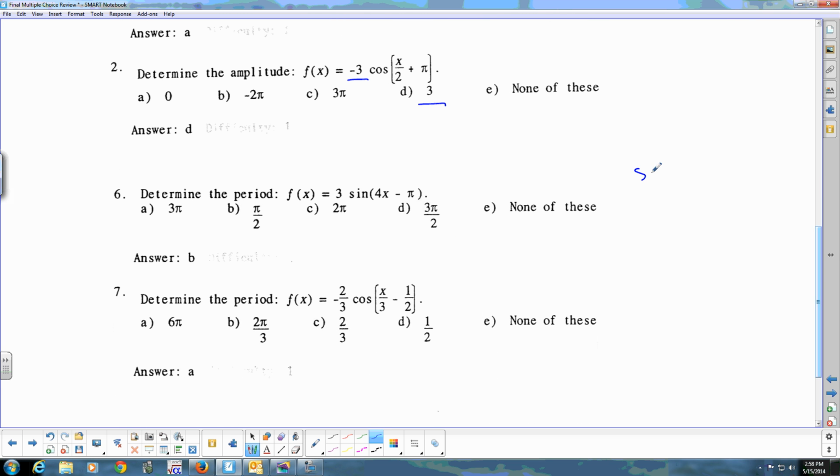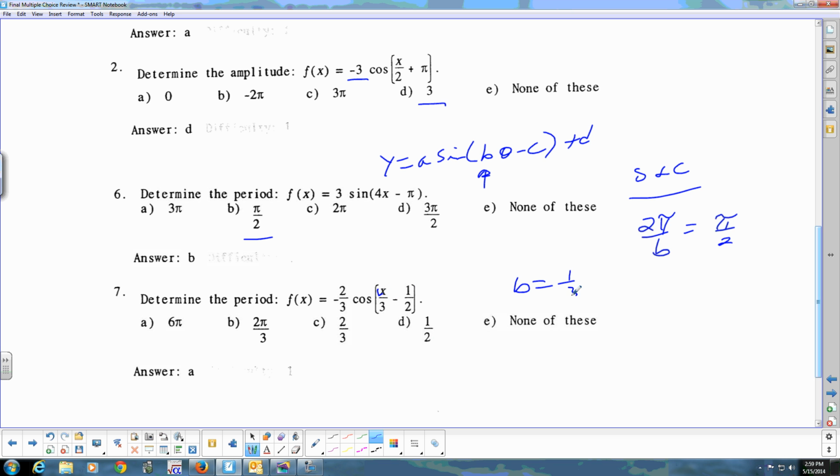Period. For sine and cosine, your period was 2 pi over b, and the pattern went y is equal to a sine b theta minus c plus d. All right? B is the coefficient on theta. Well, in this case, x, but you know what I mean. So it's 4. It's 2 pi over 4, so your period would be pi over 2. Okay? The period,